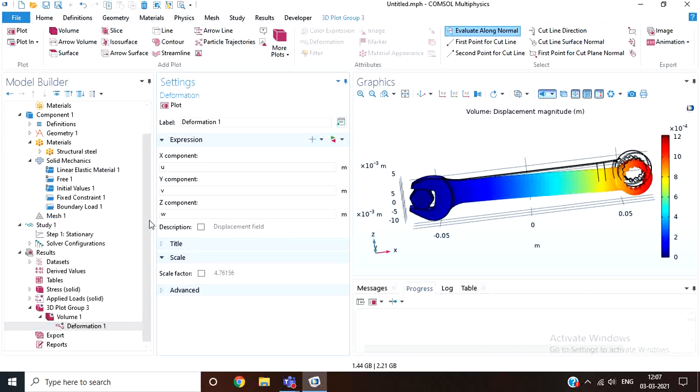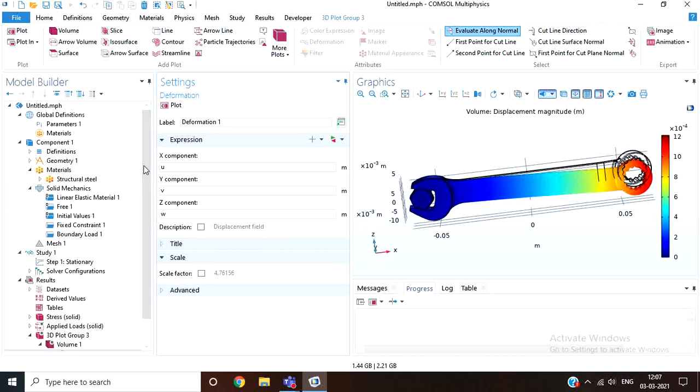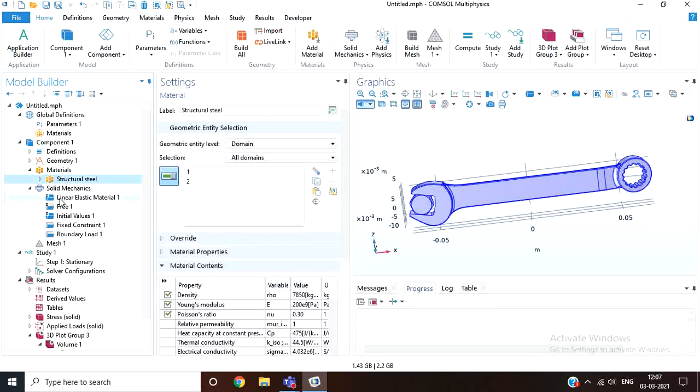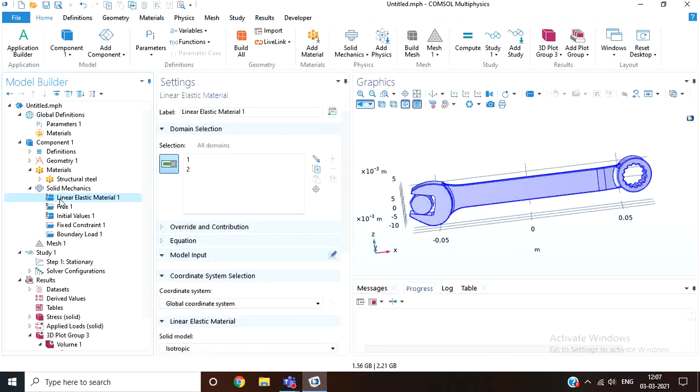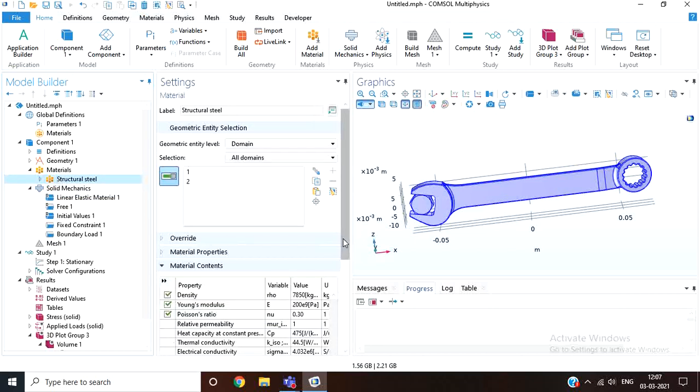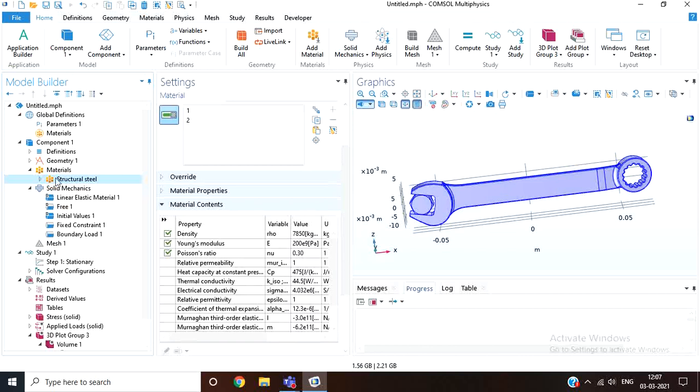So this is how the static analysis is done in COMSOL. You can even change the materials and their properties. Suppose in structural steel you have to change the density, Young's modulus or Poisson's ratio. You can change them by selecting structural steel.